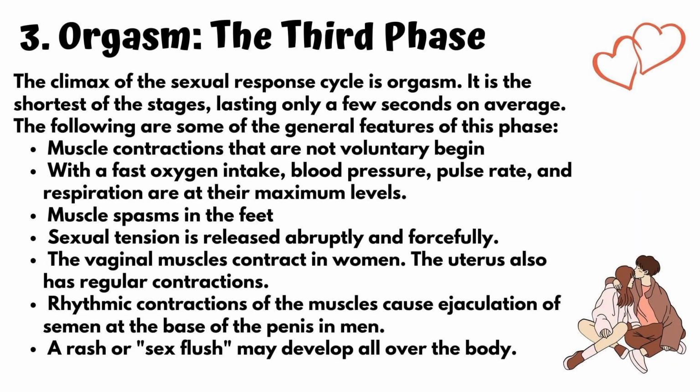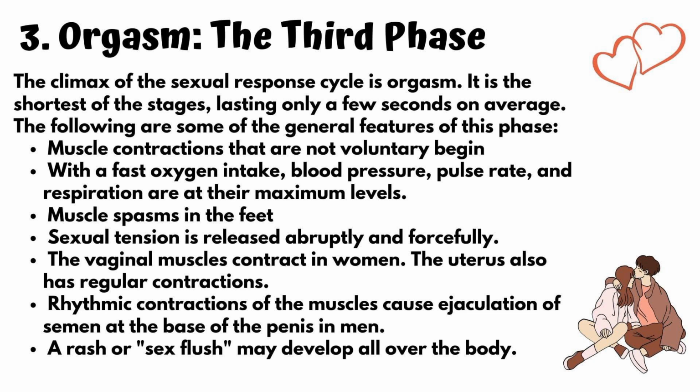And the third phase of sexual response is called the orgasm, which is also the climax of the sexual response cycle, and it is the shortest of the stages, lasting only a few seconds on average. And the following are some of the general features of this phase: muscle contractions that are not voluntary begin, with a fast oxygen intake, blood pressure, pulse rate, and respiration are at their maximum levels, and muscle